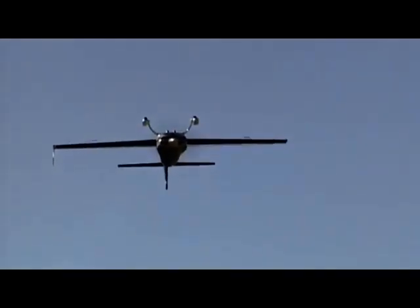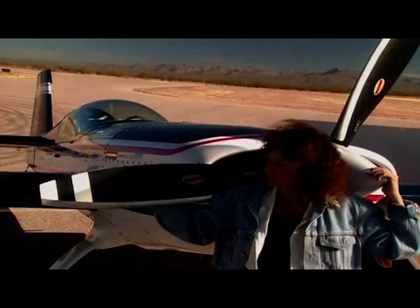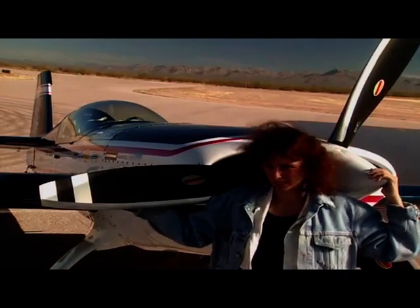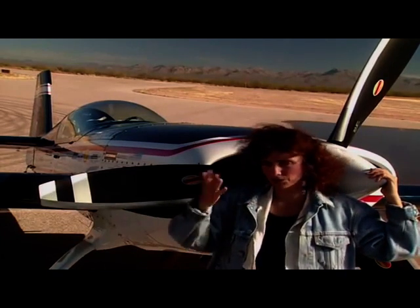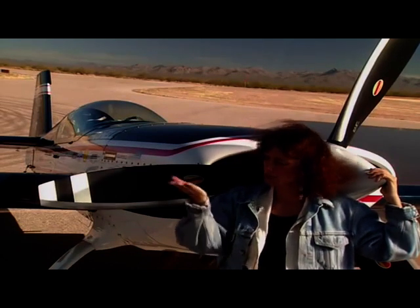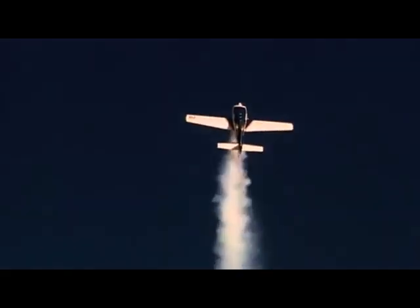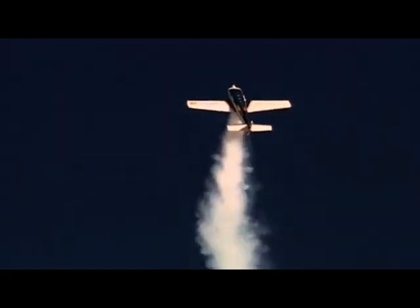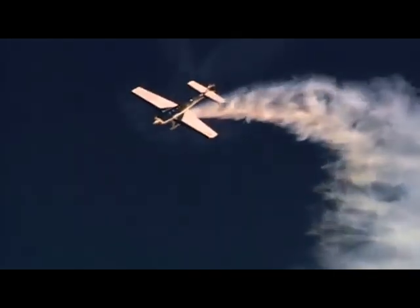But aerobatic planes are designed to fly upside down. The shape of the wing is very specific to an aerobatic airplane in that it's considered symmetrical, so that the airflow is the same whether you're upright or inverted. So you can fly the plane inverted almost in the same attitude with the same nose position as you can when you're upright. So we've learned how to fly inverted, fly faster, and fly higher, surpassing the birds in the